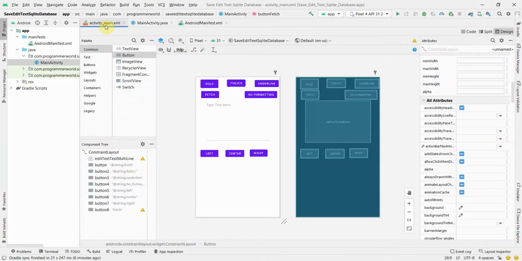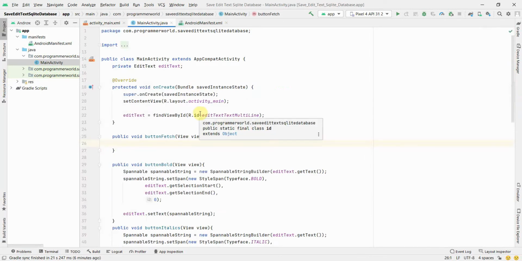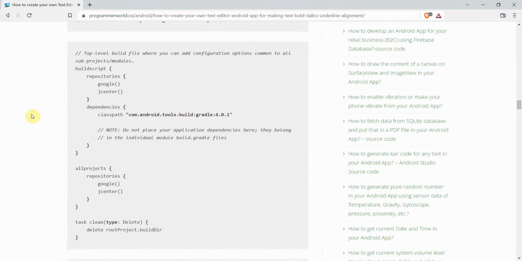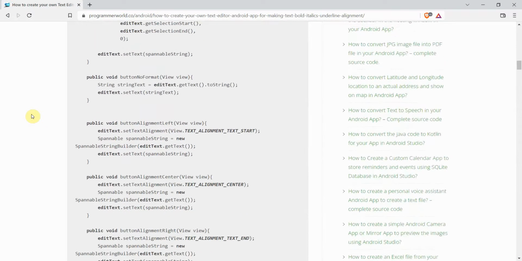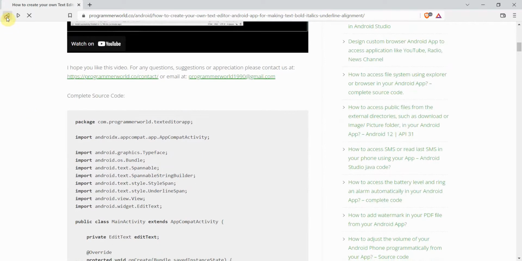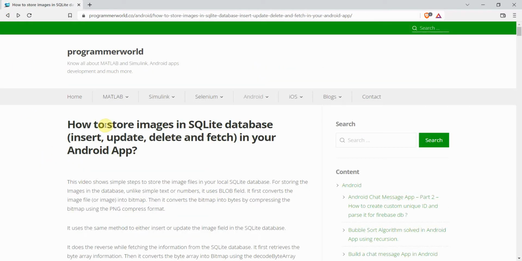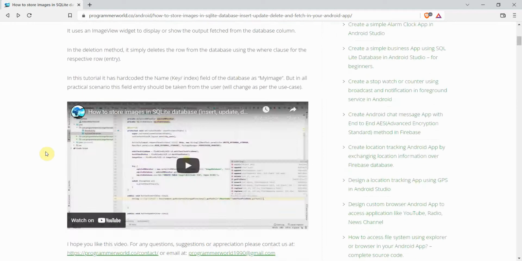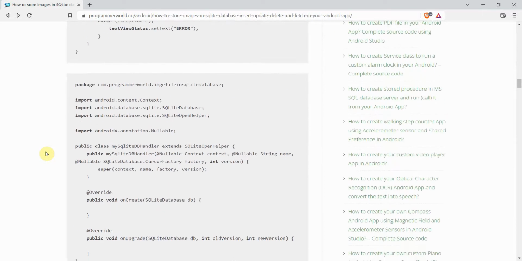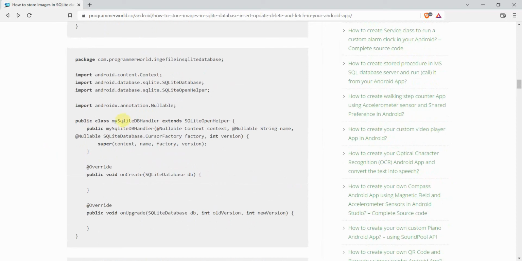Yeah, I think more or less from a layout perspective we are done. So now I'll go to the Java code and start my coding. But before that, since we need an SQLite database, what we'll need is a class for an SQLite database helper. That is not here, and that's what I was referring to at the start. There are lots of other videos on my channel as well. You can watch any one, but I'll refer to this page to quickly create a class for the SQLite database